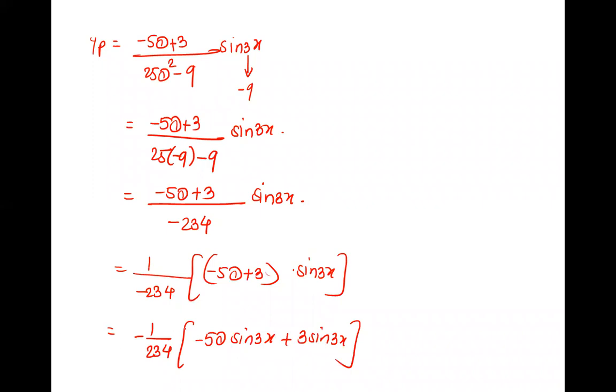What is d? Now d is in the numerator. What does d mean if it is in the numerator? Derivative. D is derivative. And what is 1 upon d? Integration. So now as d is in the numerator, it acts as a derivative. So we have to take the derivative of sine 3x. What is the derivative?